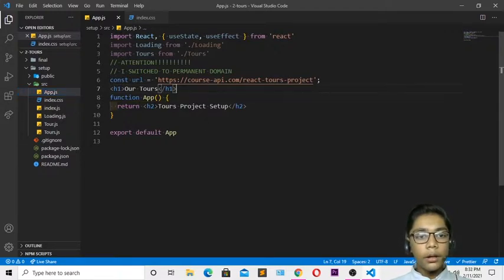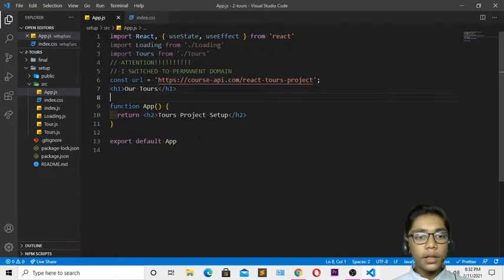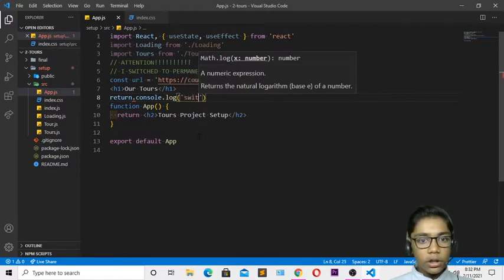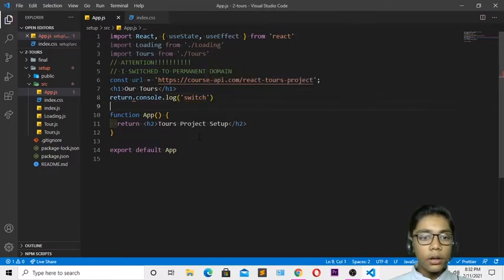Now when you've done all that, come underneath this h1 tag and write some of the tags over here, which is called return, then write console.log. When you've done that, come over here again and I will create another thing, which is called switch. So write only switch. We have done that all. I will erase it and press space. So we have done that.